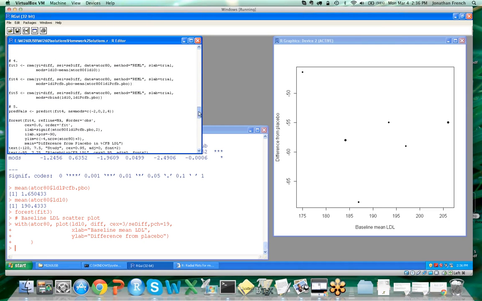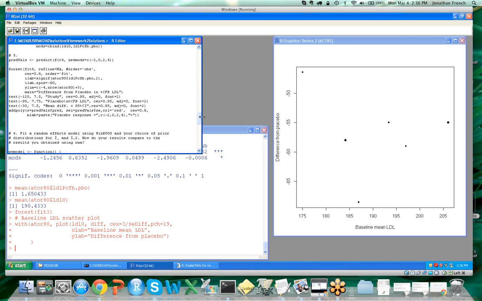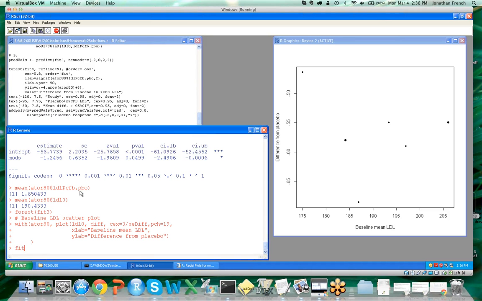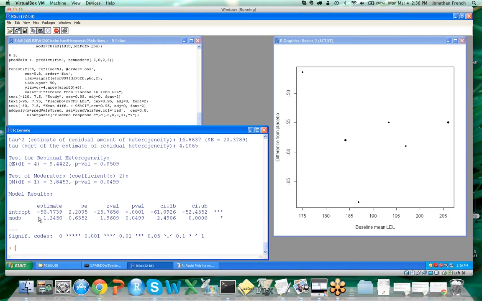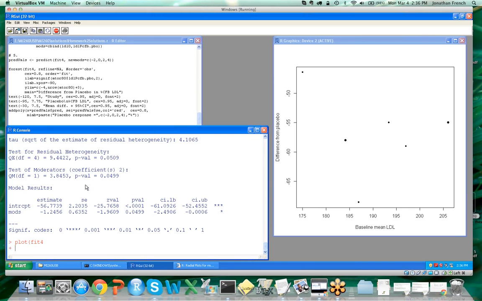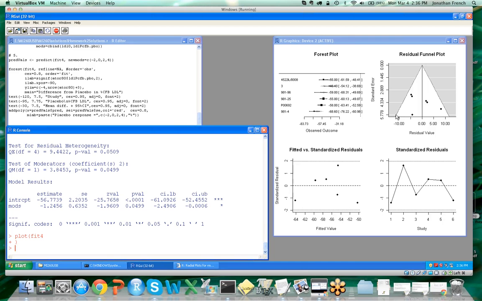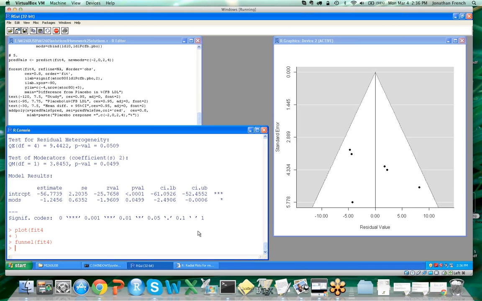So we've fit our covariate models. I sort of quickly gave you a glimpse of what it looks like to plot these objects. If we were to say we have our fit4 object, which is our model that uses the change from baseline LDL in the placebo group as our covariate, and we were to plot that, we get the same kind of matrix of plots as we had before. If we focus in on the forest plot,